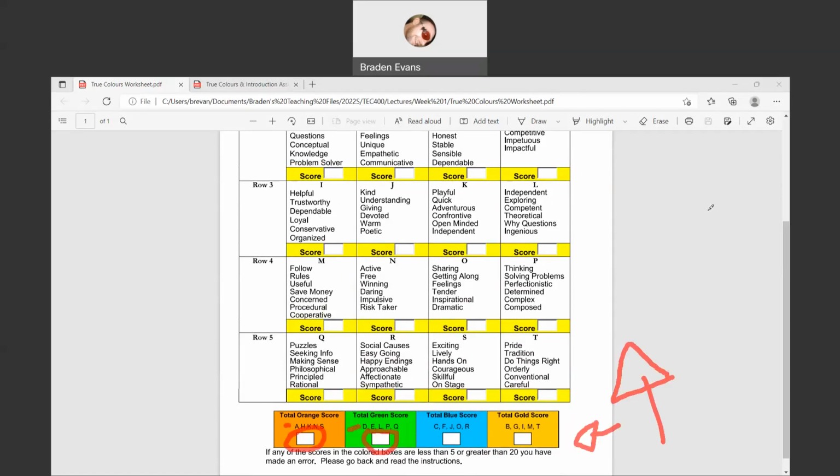Now be honest with yourself. Don't look at this and say, well, this is what I should be, like conservative and organized. Sometimes people say, like my wife is like this. She's very organized, very meticulous person, which is wonderful. These are wonderful qualities. So she would put 4 here for sure. Me? No way. I'm not like that at all. I'm a 1 in that group. So be honest. Don't just say, yeah, I'm a 4 here because you think you should be, because you think it's the right thing to do. Be honest and give your true self-assessment.